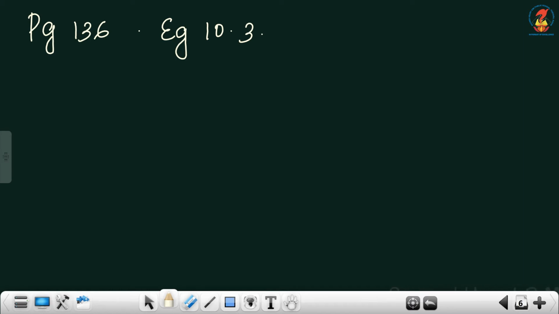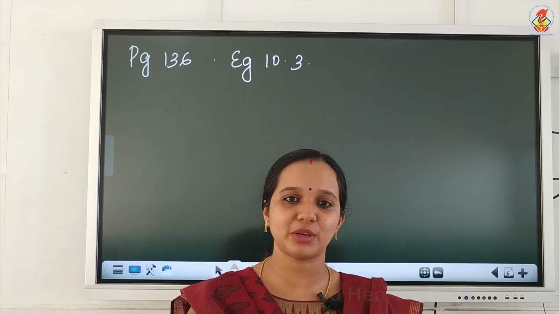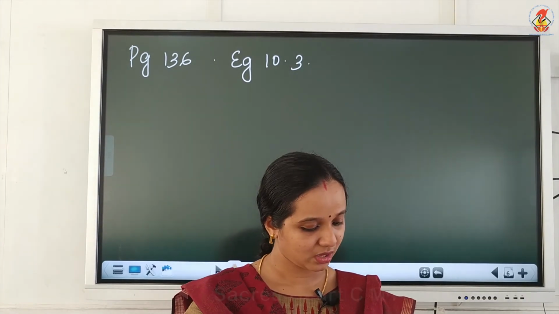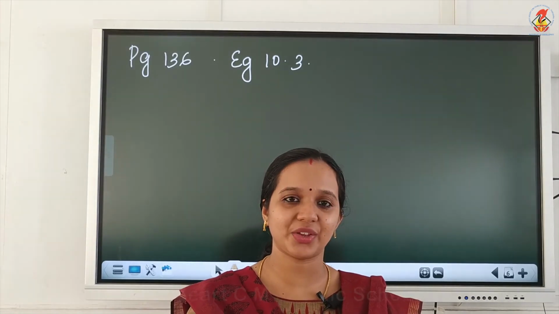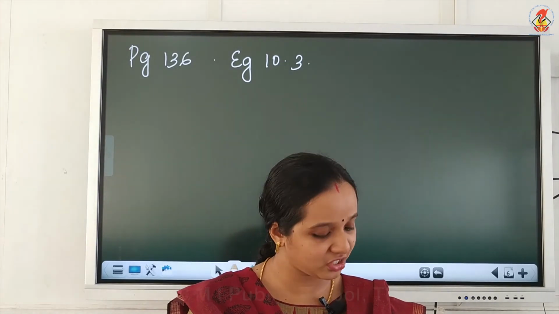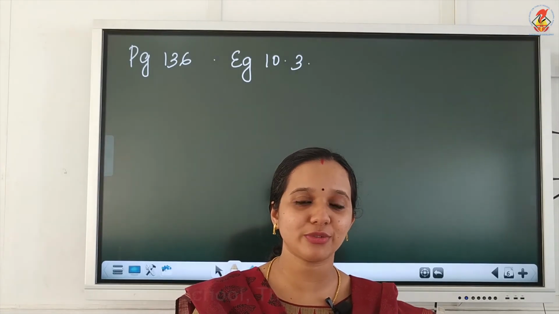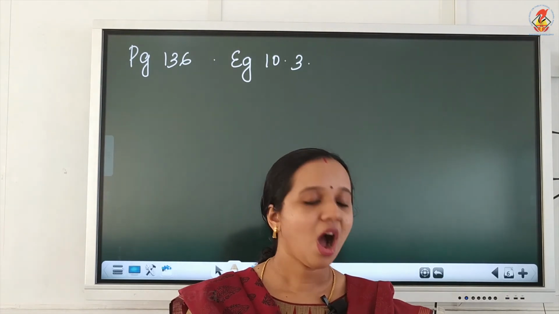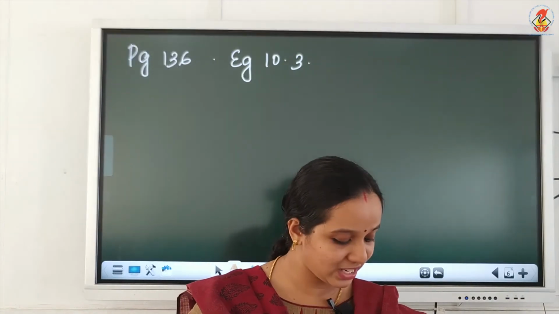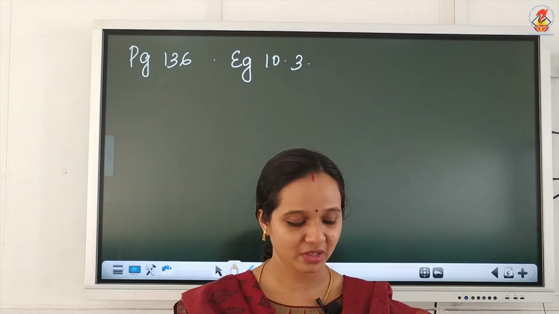And the question is, a car falls off a ledge and drops to the ground in 0.5 seconds. Take g is equal to 10 meter per second square. Subdivision 1, what is its speed on striking the ground? Subdivision 2, what is its average speed during 0.5 seconds? And subdivision 3, how high is the ledge from the ground? So this is the question.